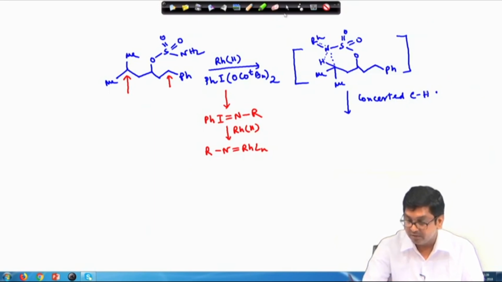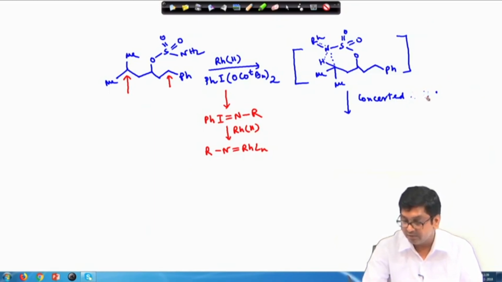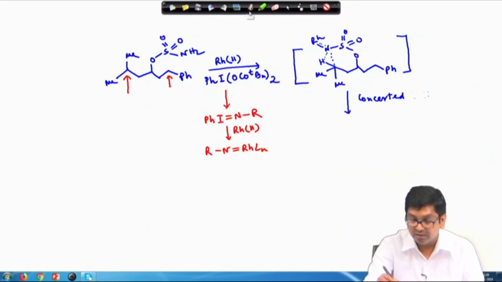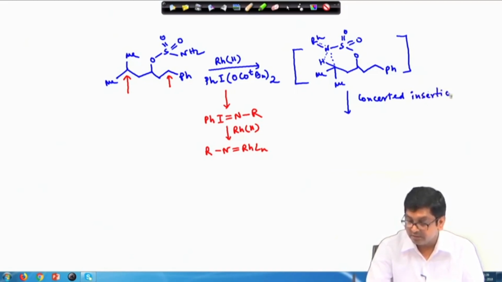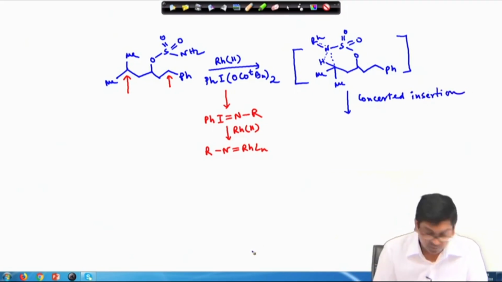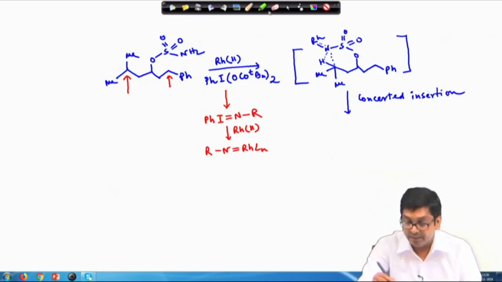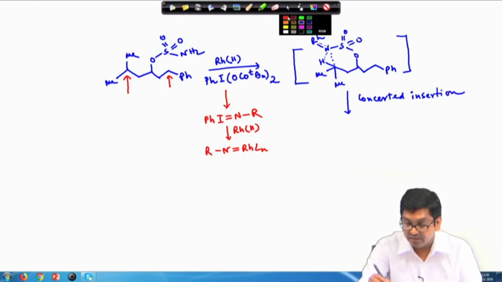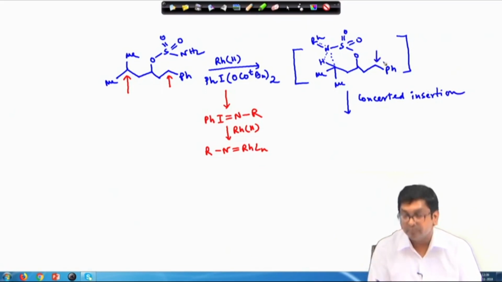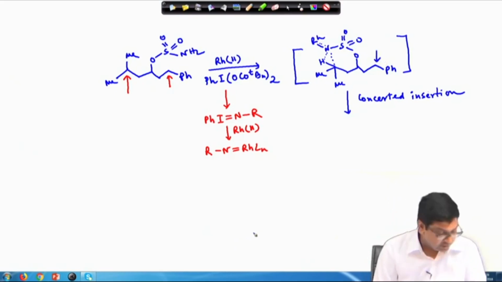Concerted, we can write it concerted insertion. Okay. Once this happens, it can happen in similar fashion here also. Okay. I am not showing that, but overall the product will be